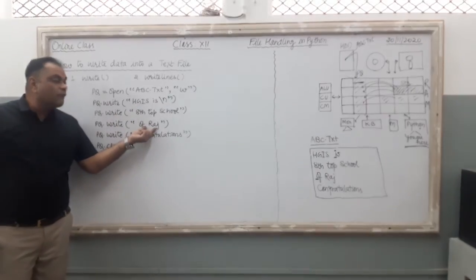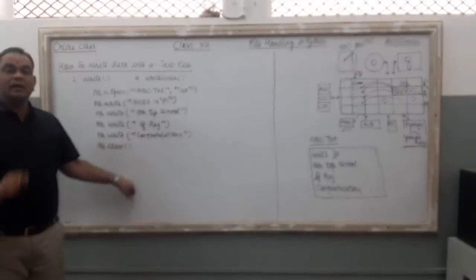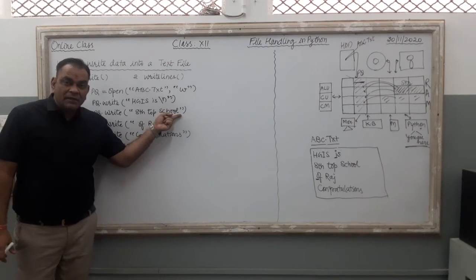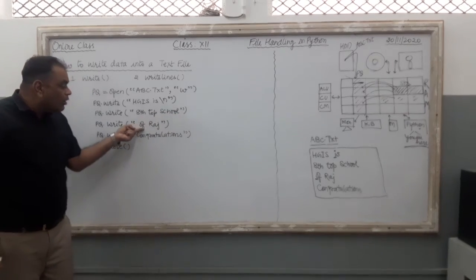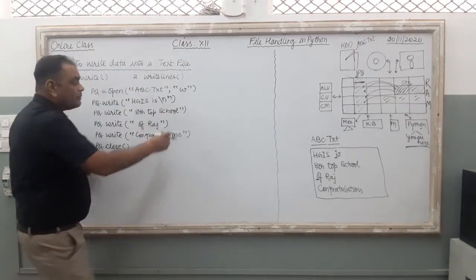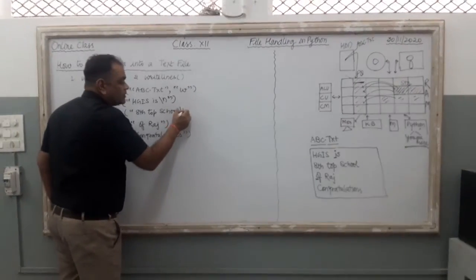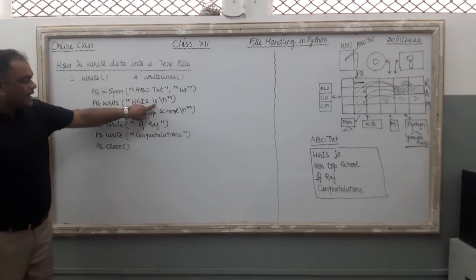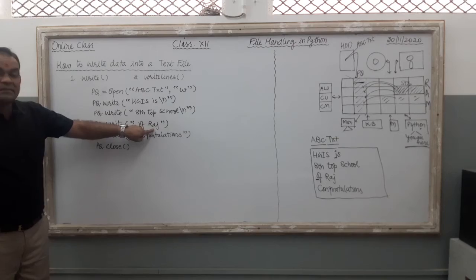Now just see, of Rajasthan कहाँ पे जाएगा? Second line में, third line में. Check it. Any slash n is there after this line? No. Then the of Rajasthan data is going to connect with the second line. अगर आपको नई लाइन में चाहिए, then you just use slash n over here. Clear? First line, second line, it is the third line.